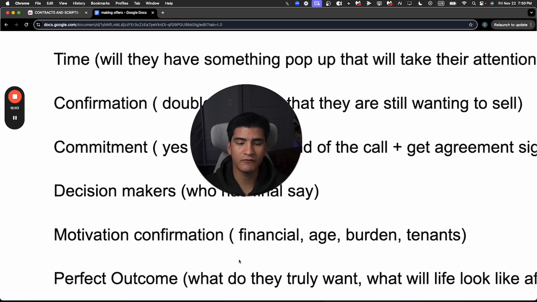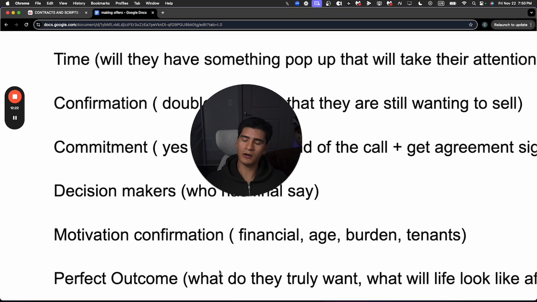Next, we have the perfect outcome, right? This kind of goes into the motivation confirmation, but we're more focused on what it's going to look like for his life. What is the picture that we're painting? What is the picture that he paints for himself on what his life is going to look like after selling this property? We kind of want this part of the call to be him selling himself on selling the property,